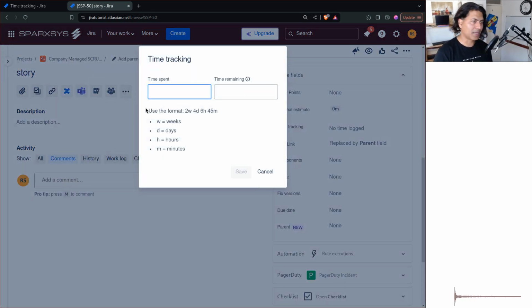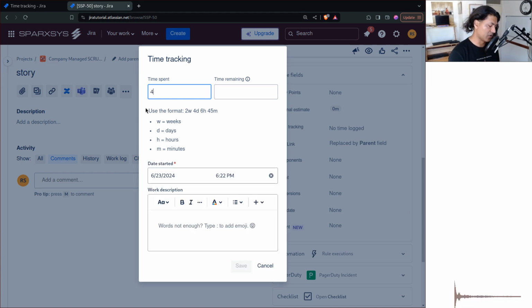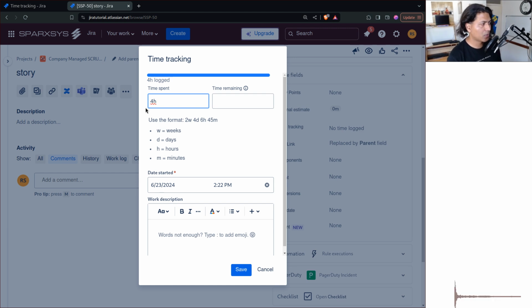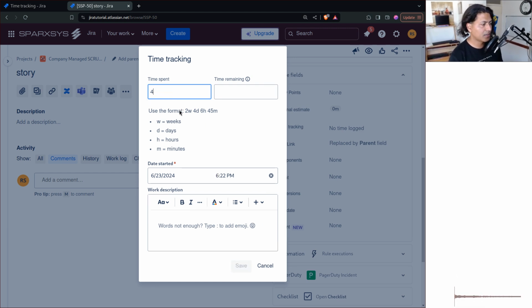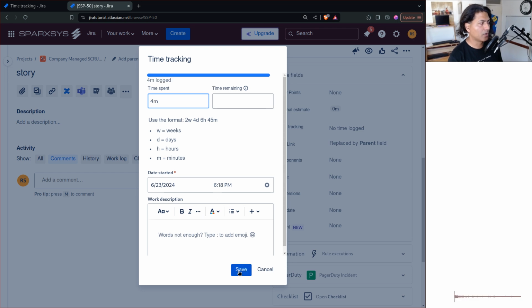Basically, you can type here the number of hours, number of minutes, whatever, number of weeks, usually number of hours, to be honest. So you can say here that today I worked on this issue for 4 hours. Now, when you type 4 hours, you're actually specifying the unit. But if you don't specify the unit, let us say if I just say 4, it will log for